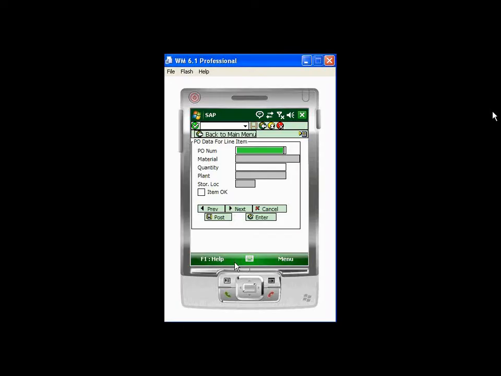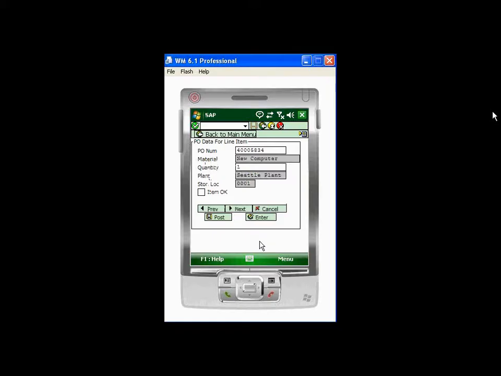All your security, validations, and authorizations that you have in place in SAP will be applied to the mobile application here. You don't have to replicate any of that logic because it executes the same transaction in the background. So here in the field, the user will scan the PO number. They don't have to carry any paper with them. You just scan the PO number,